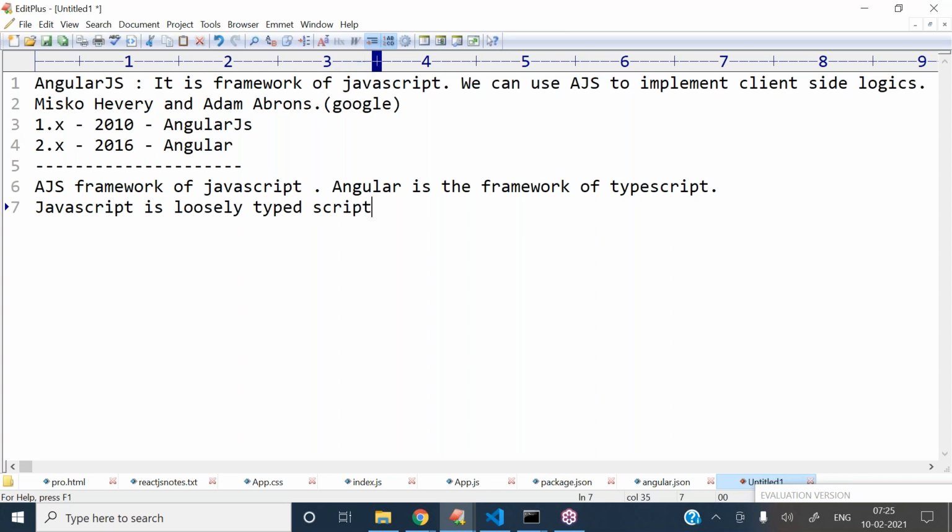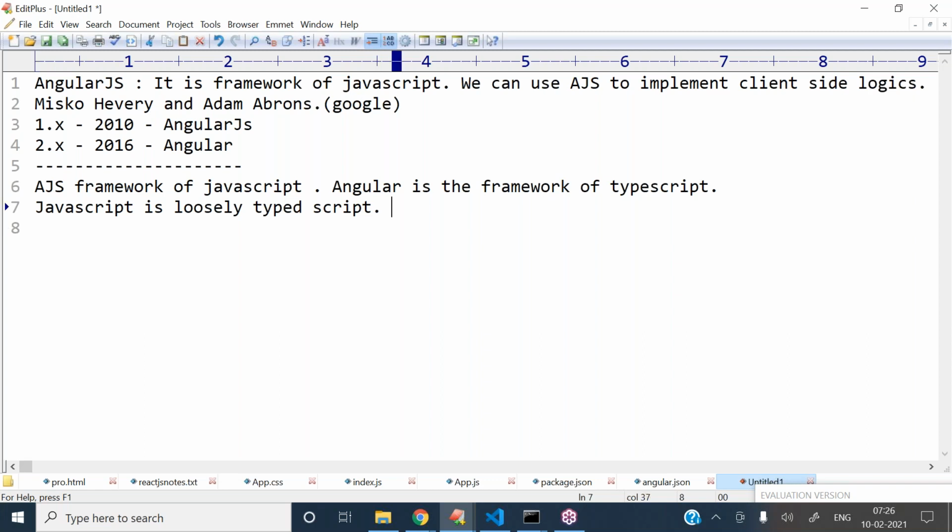That's the first point. What is the meaning of this? It is not supporting data types like integer, string, boolean. But TypeScript is type safe, meaning it supports data types.